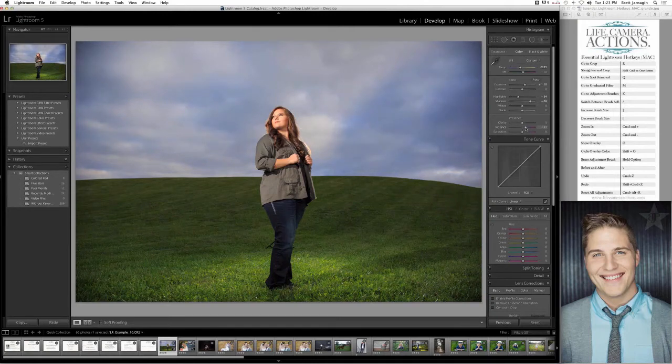So I like to put this around 20. And clarity, what it's doing is applying like a local contrast. It's applying more to the edge of things. So it's going to make your images look,